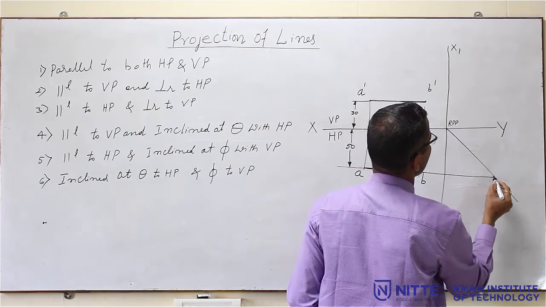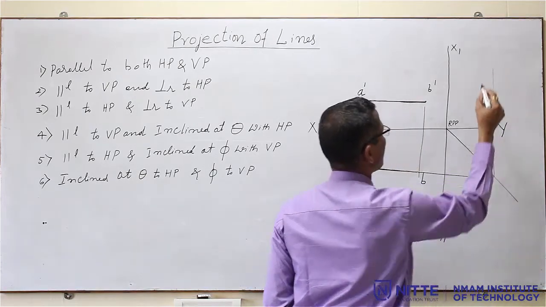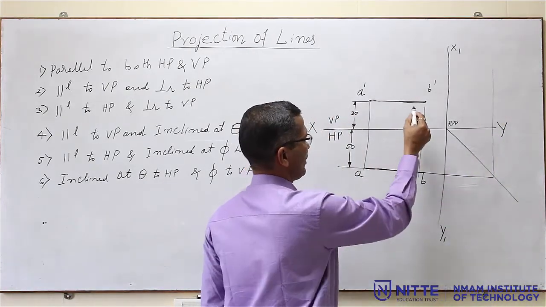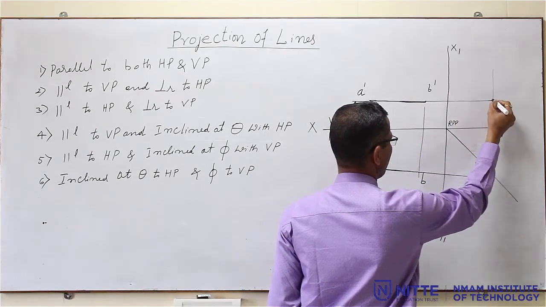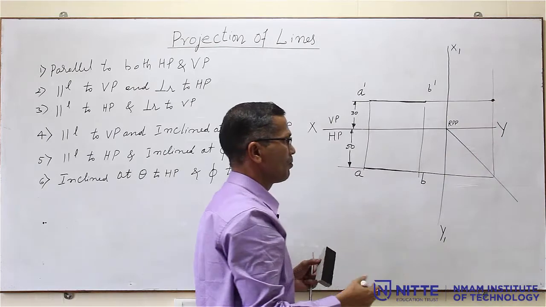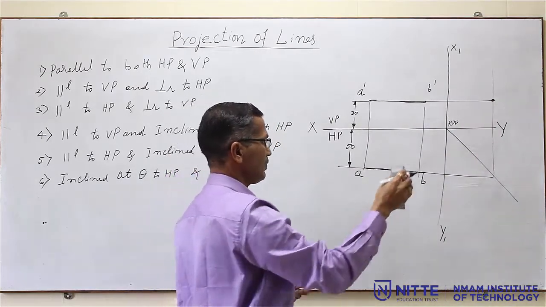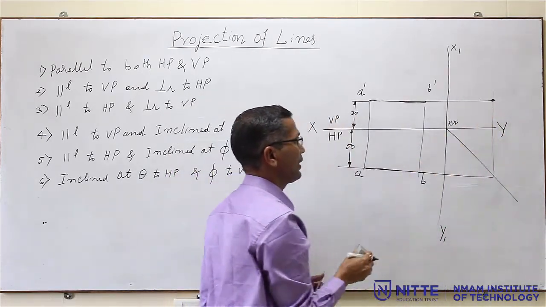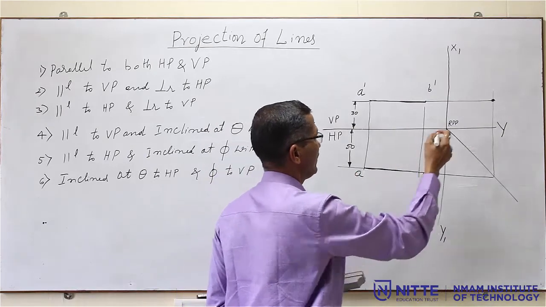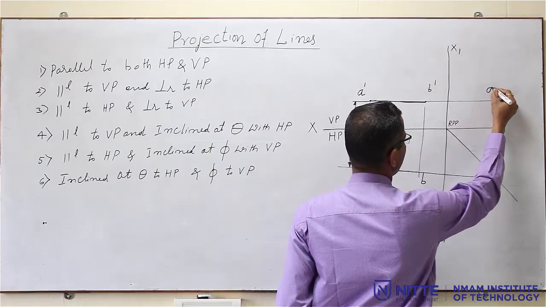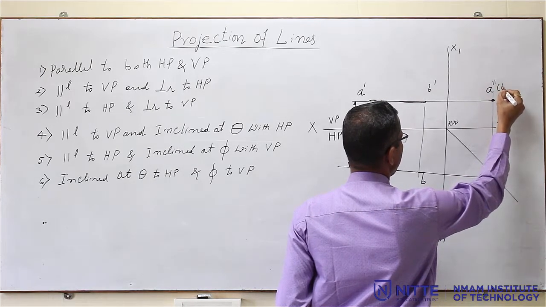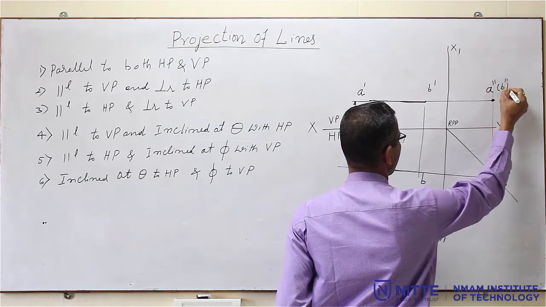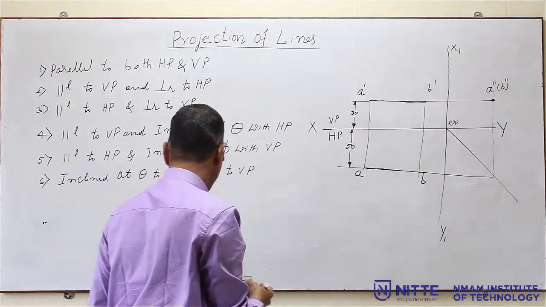Move towards the front view, then project the front view. So, this is the point. The profile view is a point. Then you have to name that. What is the name of that point? The name of the point is A double dash, inside the bracket B double dash, close the bracket. So, this is the name of the profile view.